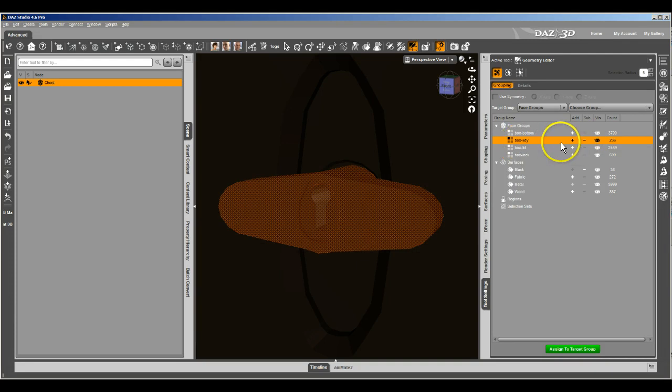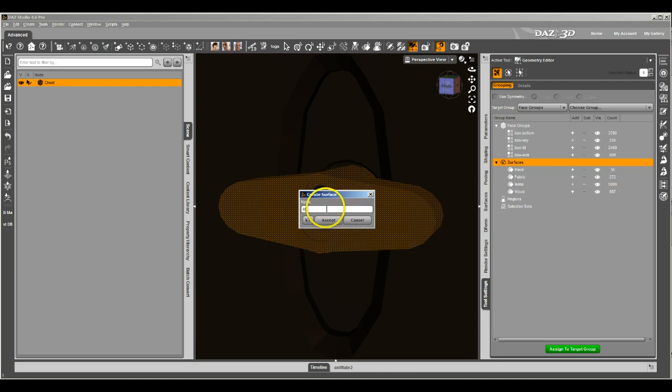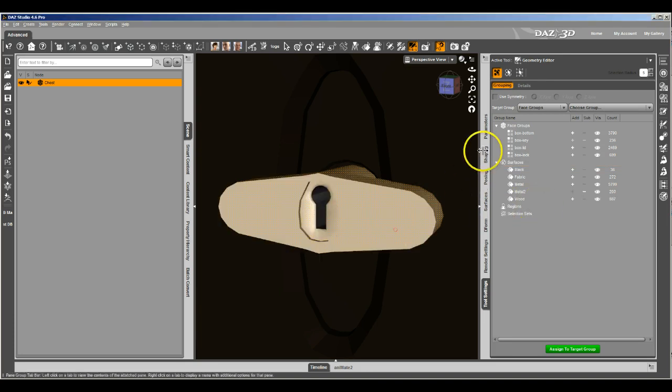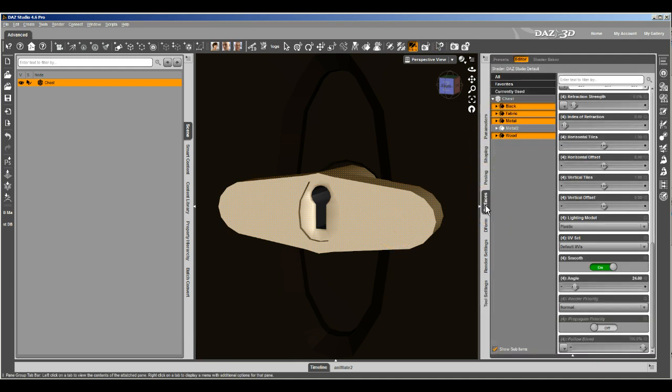But I'm going to click the plus to select all the key polygons. I'm going to click the minus next to black to unselect those black polygons. And then I'm going to take the ones to the left. I'm going to right click here and create a surface from the selected. I'm going to call this metal 2. So now there's a new material for those key polygons,